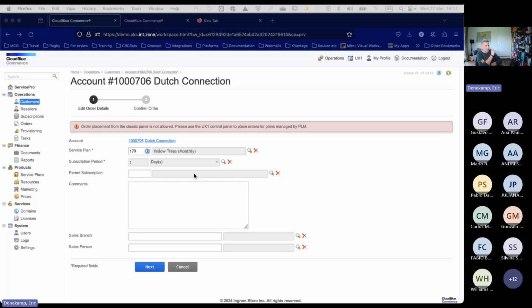And as far as I know, this platform is on the latest version of commerce. It's also on the latest version of PLM. So it should have all the features that are set up or described in the documentation. I will investigate, Ana Paula. Okay, thank you. You're welcome.